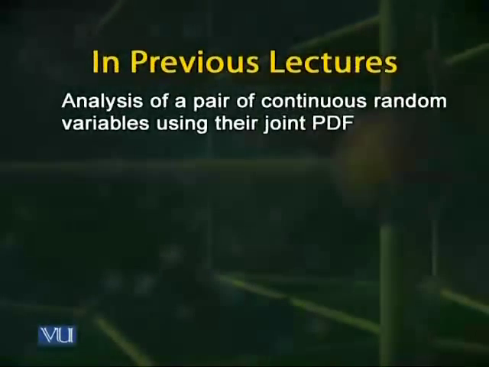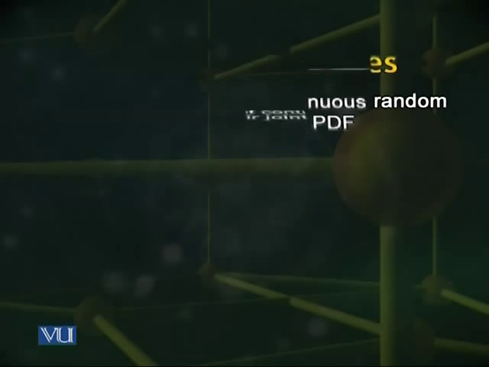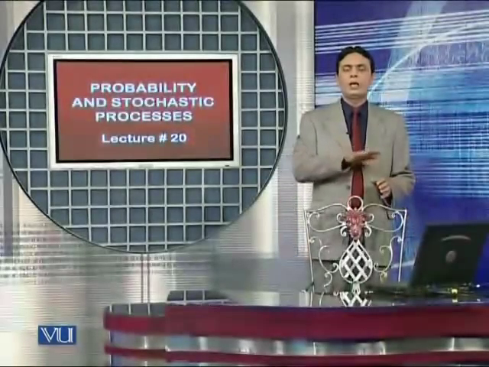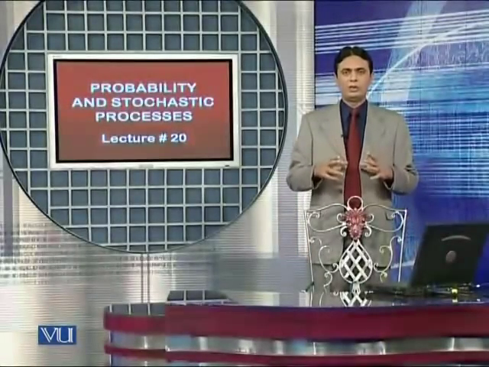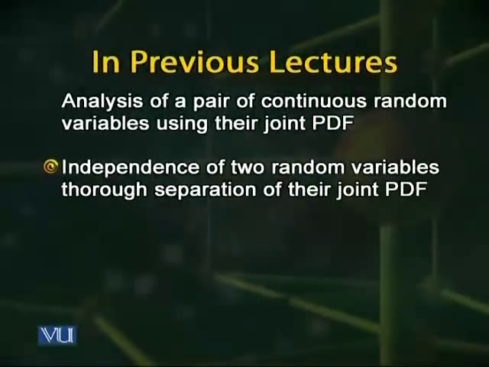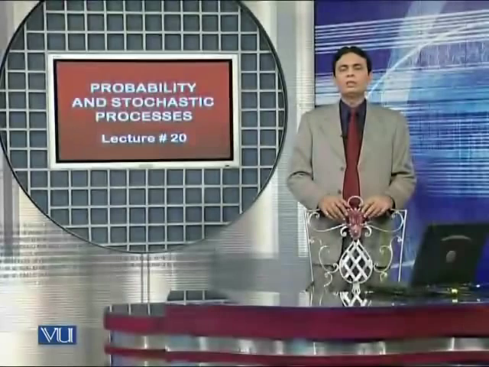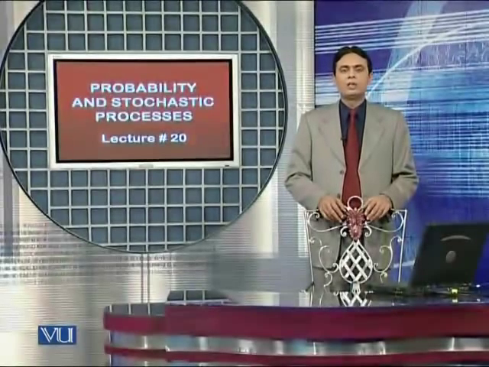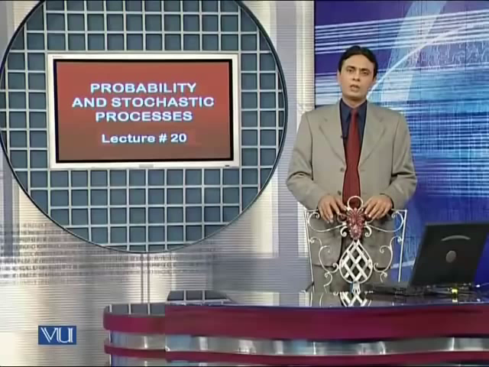So far we have been analyzing a pair of continuous random variables through mathematical processing of their joint PDF, which is a surface of possibly varying height defined over a region or the whole of the xy plane. The two continuous random variables in question can assume their values independent of each other without one influencing the value of the other. If that's the case, then the two random variables are called independent and we can analyze their